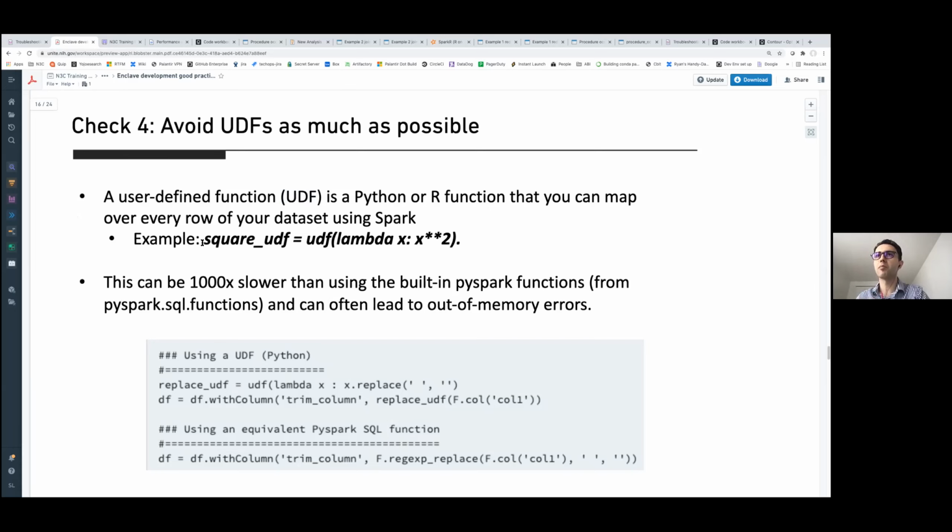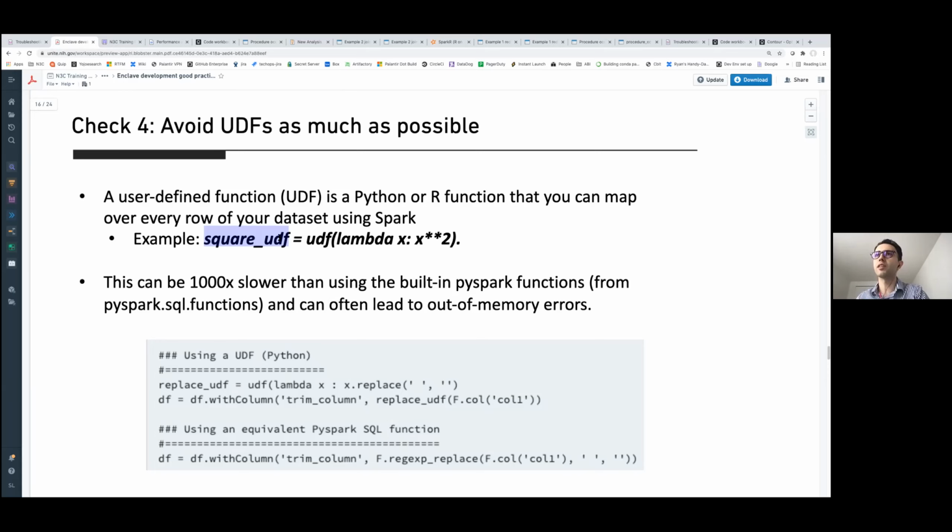A basic example is a square user-defined function, converting the values of my column to their squared values. These tend to be super slow. They can be, in some cases, up to 1,000 times slower than the alternatives, and we have built-in Spark functions that do the same thing.